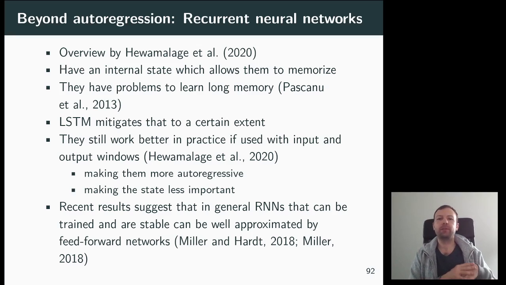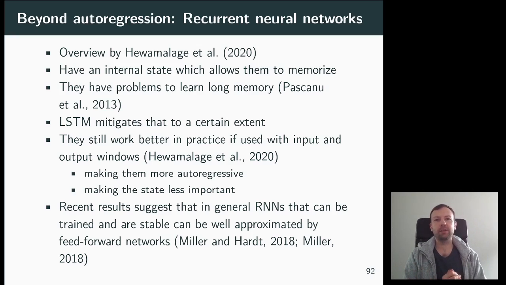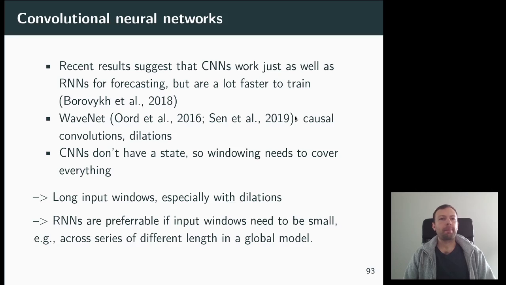So this is another instance of this. Just because a neural network can learn something in theory, it doesn't mean it's going to learn it in practice. Recurrent neural networks are great in their capabilities, but it's not so easy to really get a neural network that is stable and does what you want. And it turns out that very often, if you can get such a network, you can even get a feed-forward network that is even simpler and does the same thing. However, the recurrent networks have been very successful and definitely worth looking at, but just keep these considerations in mind.